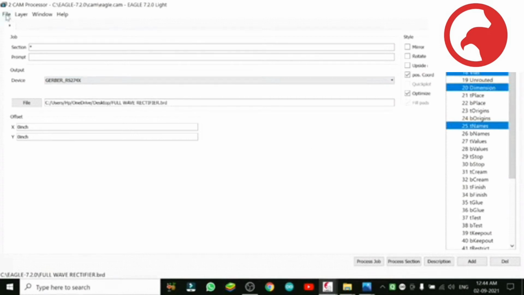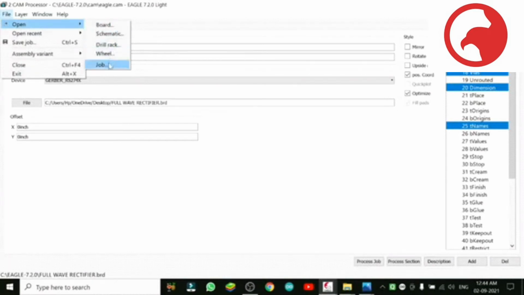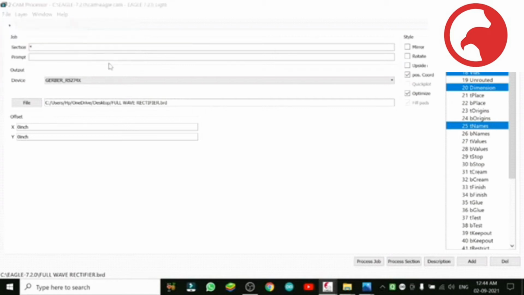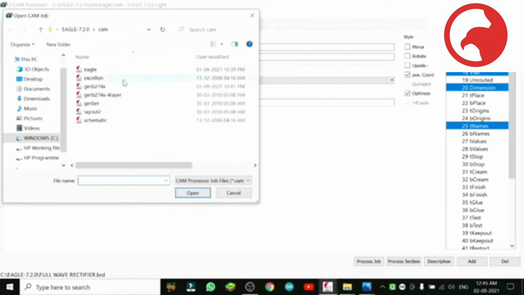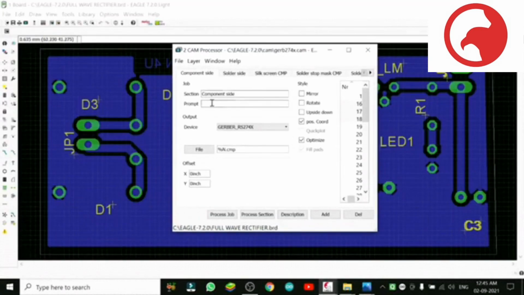We will click on the processing job. Nothing to change, but just select that device, the Gerber file, the board, job. First select job. You see, this is very important. You have to select the job. Now from here you select the same file which we write there on that screen. Correct? This is little typical. You have to be very attentive to learn it. So we selected the same file which was before there.